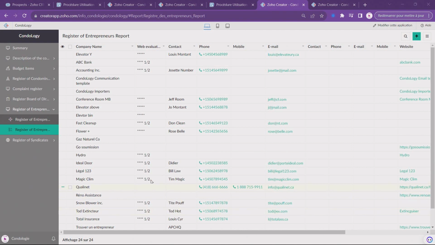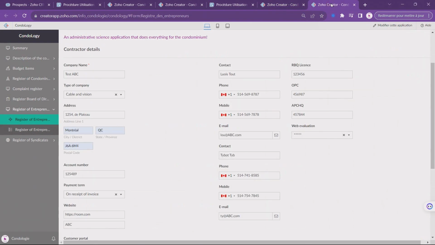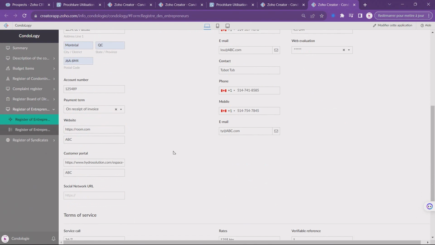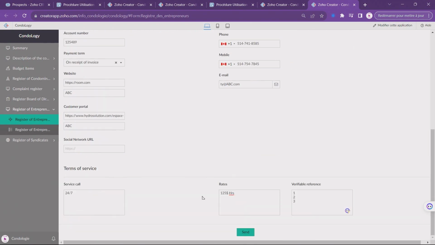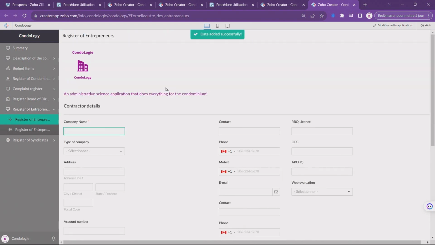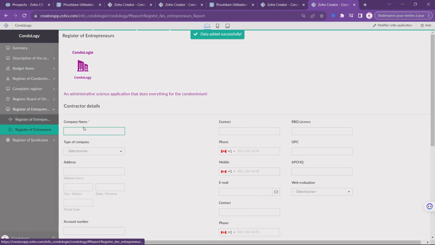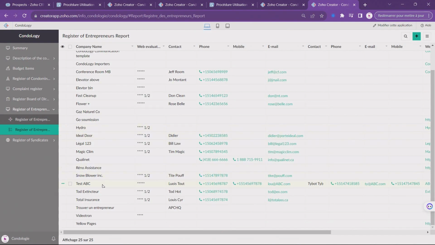I took the opportunity to complete a file from an entrepreneur. It is truly 100% complete. We call it ABC test and we're going to see what it can give. So if I submit to save the contractor's file, which is test ABC, if I go here, we see test ABC. Now, if I am producing my budget and I go to a budget item and I see the name